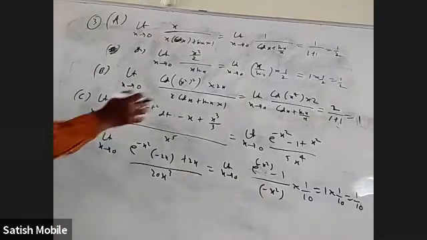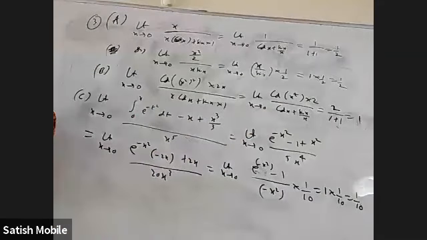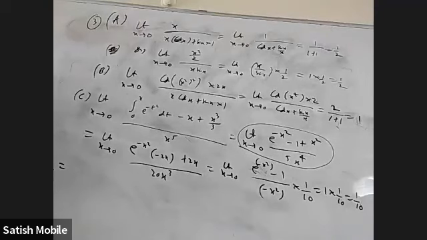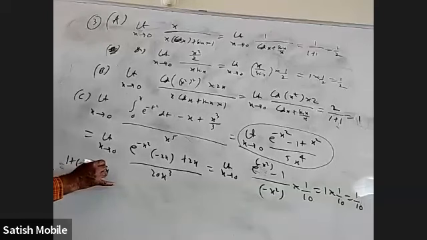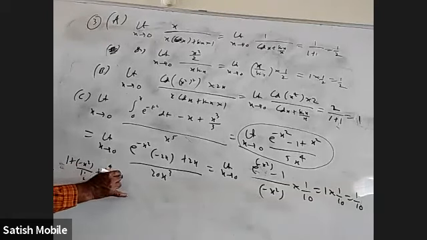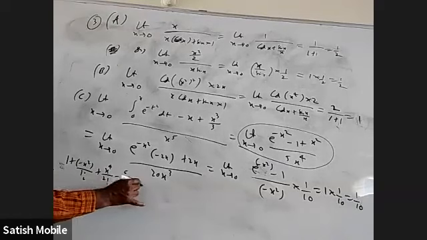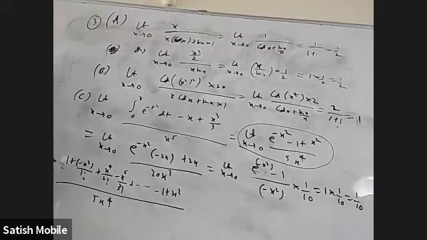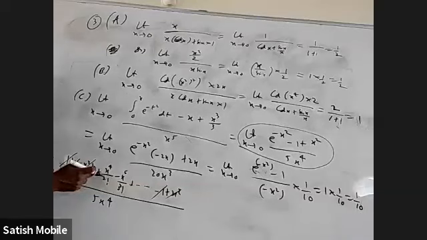If you don't want to use L'Hospital rule further, you can use expansions. So from here, I'm telling another method using expansions. What is the e power minus x square expansion? It is 1 plus minus x square by 1 factorial, then minus x square whole square is x power 4 by 2 factorial, minus x power 6 by 3 factorial, and so on, minus 1 plus x square, by 5x power 4. You can easily see this 1 and minus 1 will cancel. This minus x square by 2 plus x square will cancel. When I take x power 4 common in the rest of the terms and cancel, I'll be left with 5 here, and here I will be left with 1 by 2.